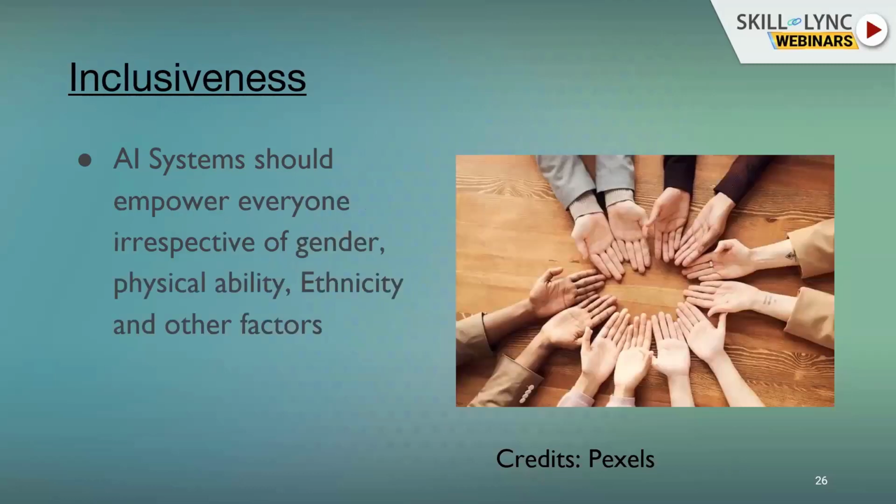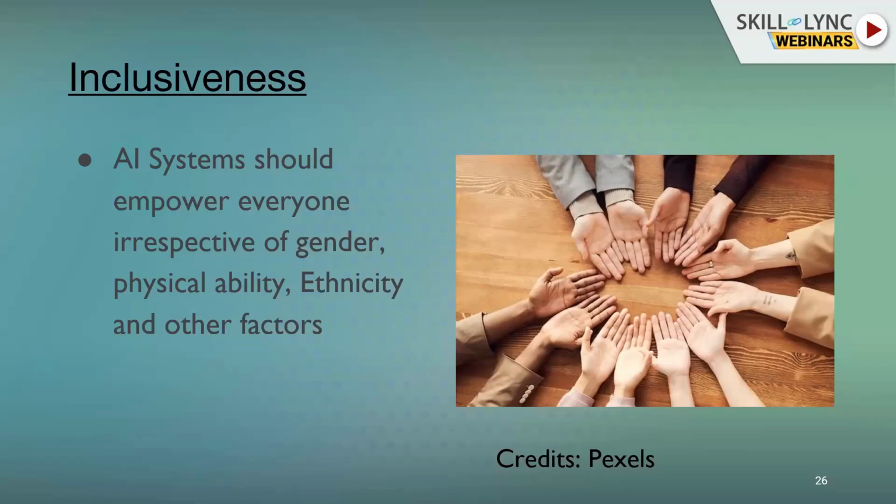The fourth one is inclusiveness. Okay, so maybe I can explain this with an example. Let's say we are designing a voice command. So if you ask something, it responds back by speech. But let's say there is a person who can speak, but he is deaf. For that person, he can only provide the input, but he cannot hear the output.